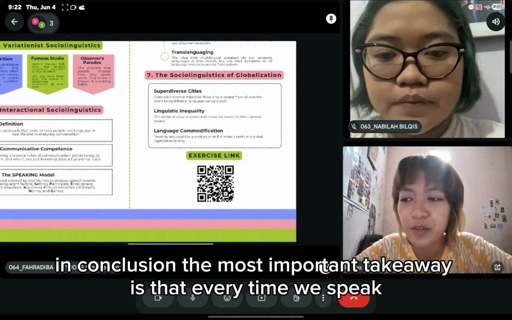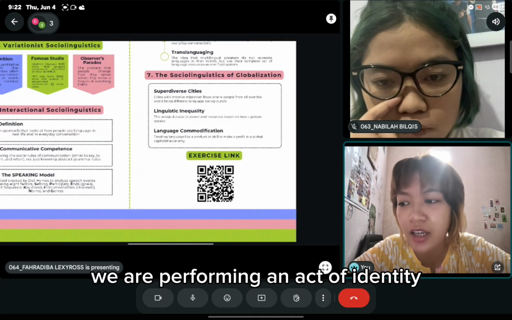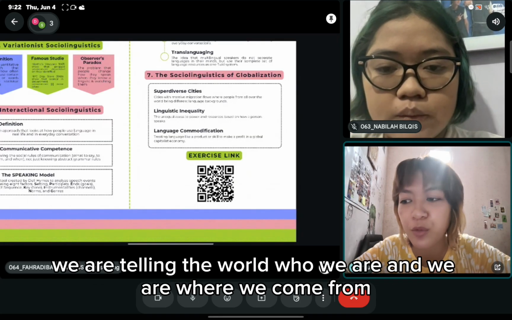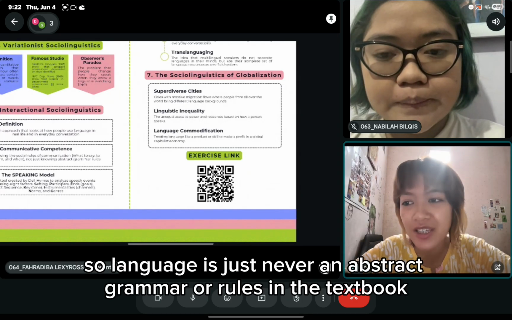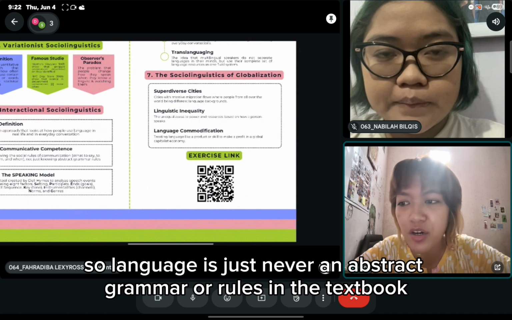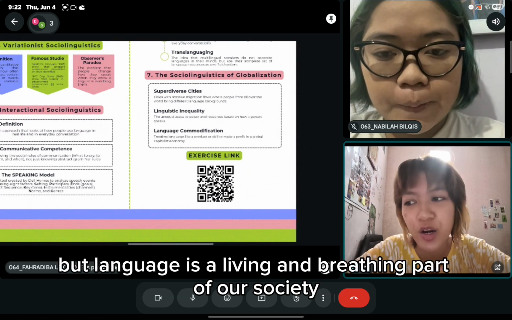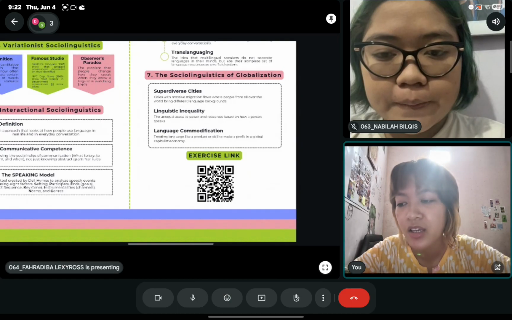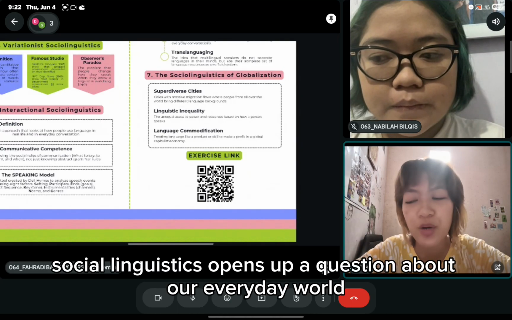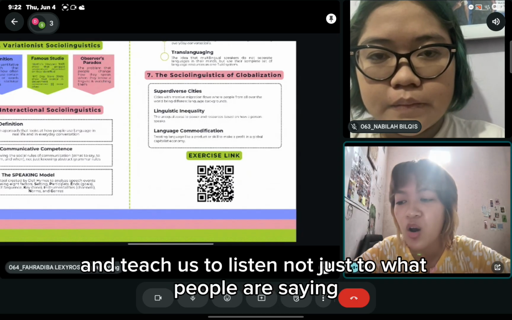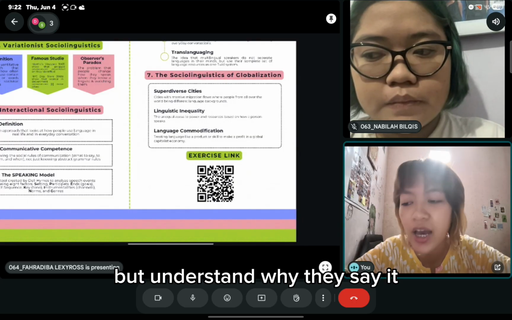In conclusion, the most important takeaway is that every time we speak, we are performing an act of identity. We are telling the world who we are and where we come from. So, language is never just abstract grammar or rules in the textbook, but a living and breathing part of our society. Adopting sociolinguistics opens up questions about our everyday world and teaches us to listen not just to what people are saying, but to understand why they say it